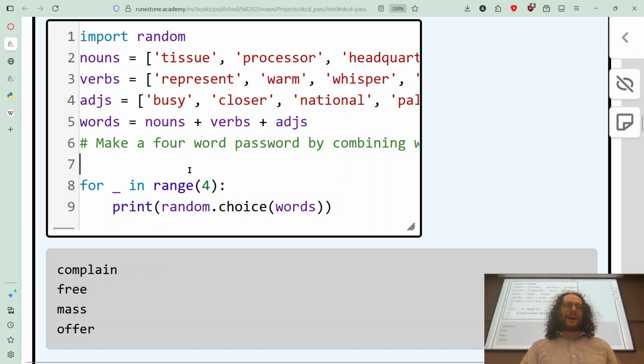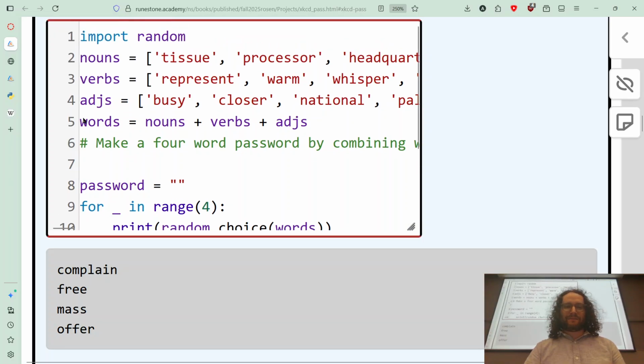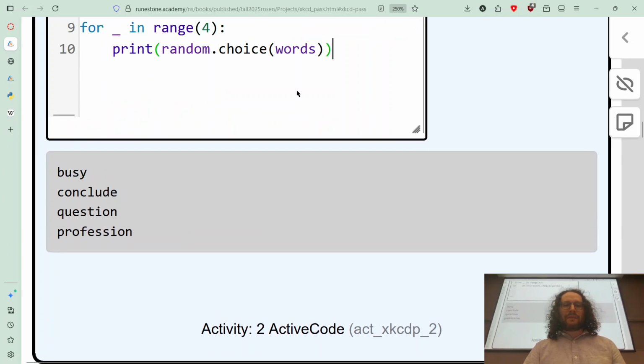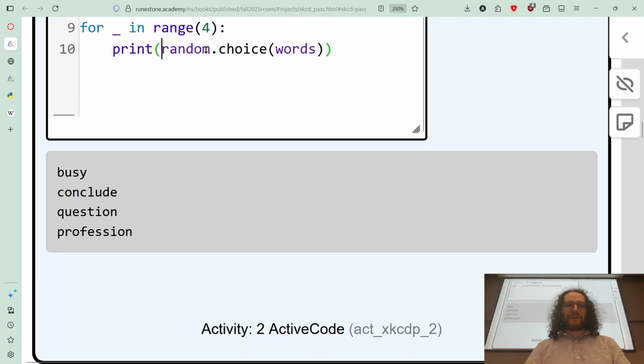So now let's go ahead and put them together into an actual variable so we can read it all out at once. Password is equal to empty string. Same deal here because we're combining text. Busy, conclude, question, profession. Okay? So now that came, even though we added a new variable, it didn't do anything new because I didn't tell it to do anything new. So now what we'll do is rather than printing this out,